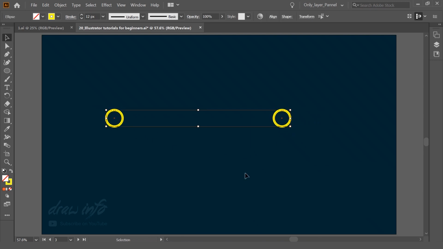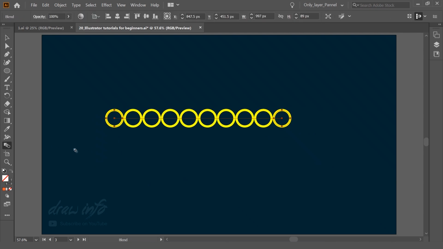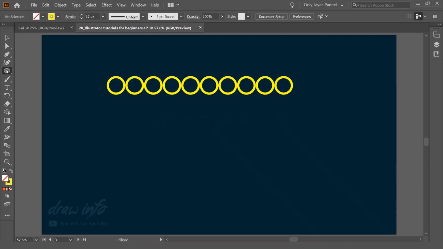So you see I have two circles over here. Now I'm going to apply the blend tool over them. I want to place these circles on a specific path or some other shape's path. So I need to create whatever path I want.